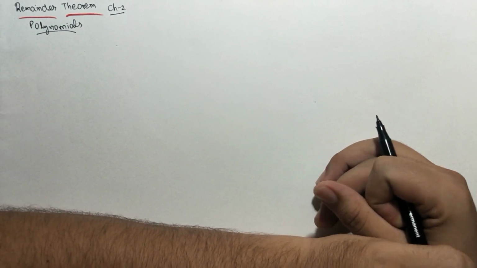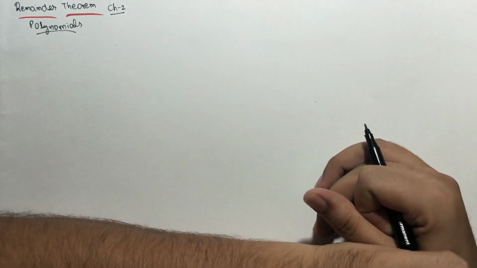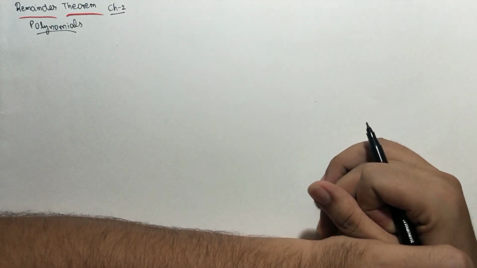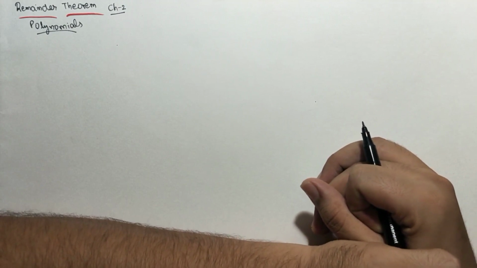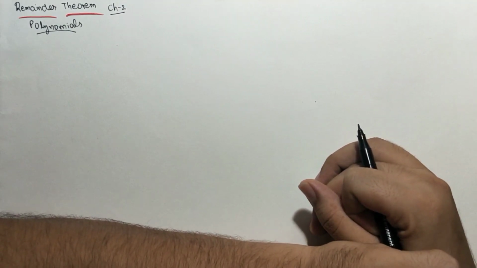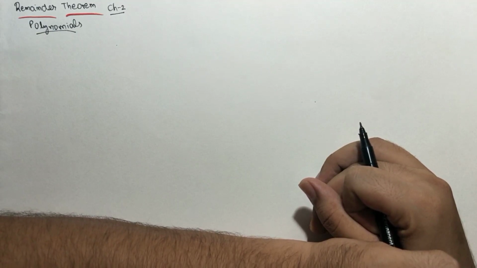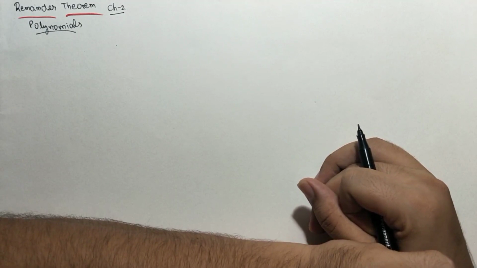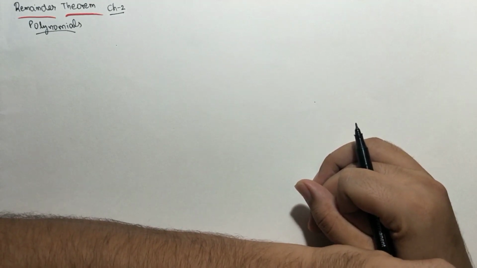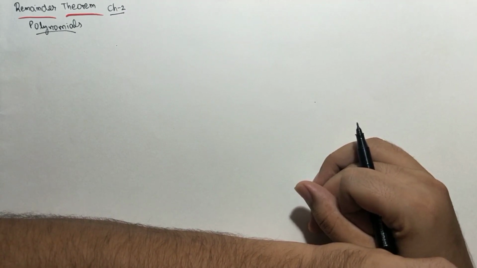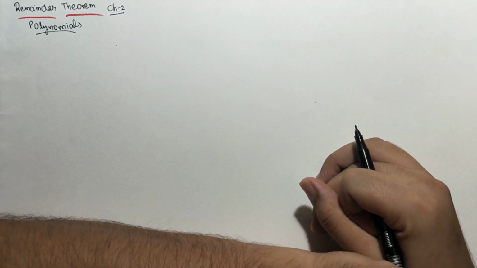I am Pratik Grover, and today our topic will be the remainder theorem, which is from chapter number 2, Polynomials, of the 9th standard NCERT textbook. No doubt this topic also covers the division of polynomials by polynomials and all the divisions we have to take care of in 10th standard also, whose basics start from 8th standard. So this video will be for those also who want to give a quick revision for 10th standard division of polynomial by polynomial, or to understand the starting of the division of polynomials of 8th standard.